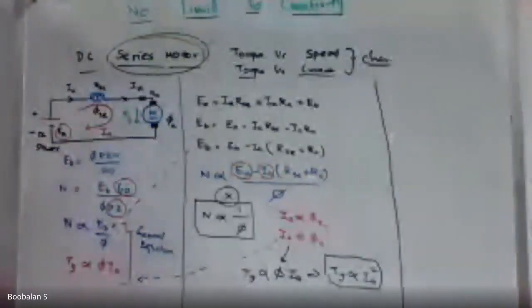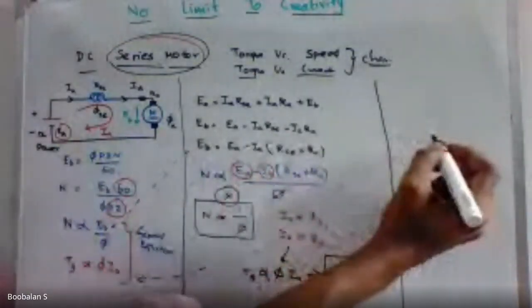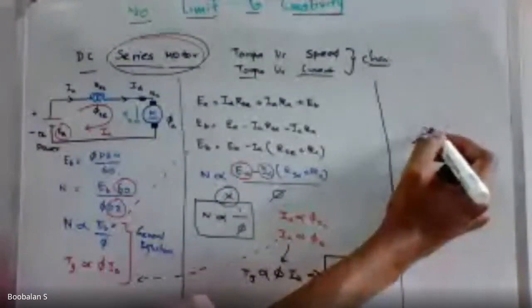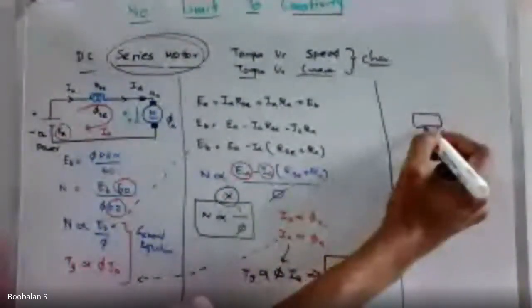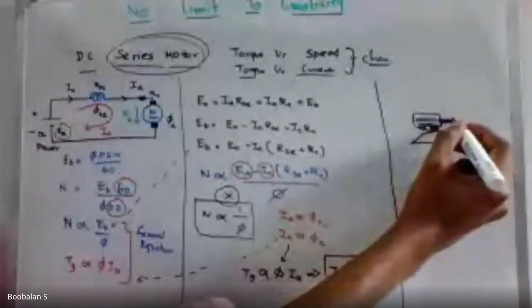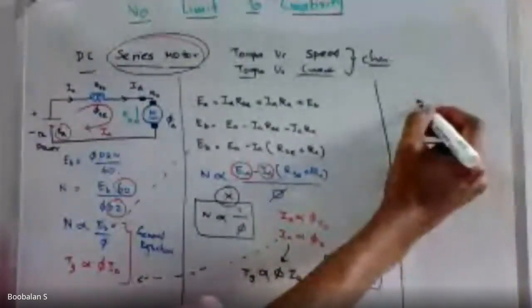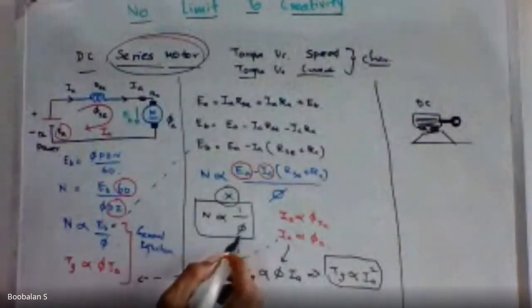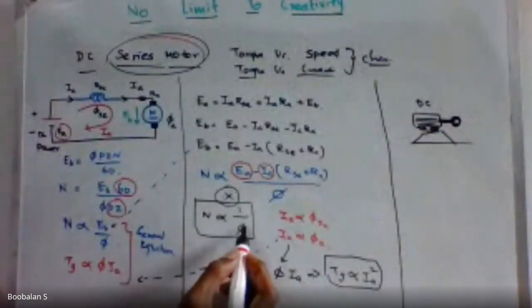So how is it going to be safe? We'll have a small thing. I'm just going to draw that small bed. So the motor is connected to the bed, and this is my motor, and this is now connected with my mechanical shaft, right? So this is my DC series motor, for example. Watch carefully the motor: this is called flux lines.